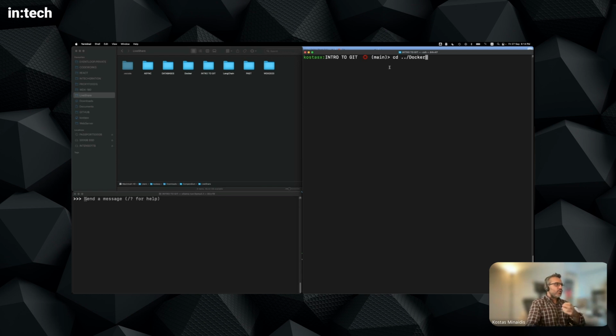So now, if I want to go back to the parent directory and then go into the Docker directory, I can run cd, short for change directory. The two dots are the shortcut in terminal for the parent directory. So from Git,